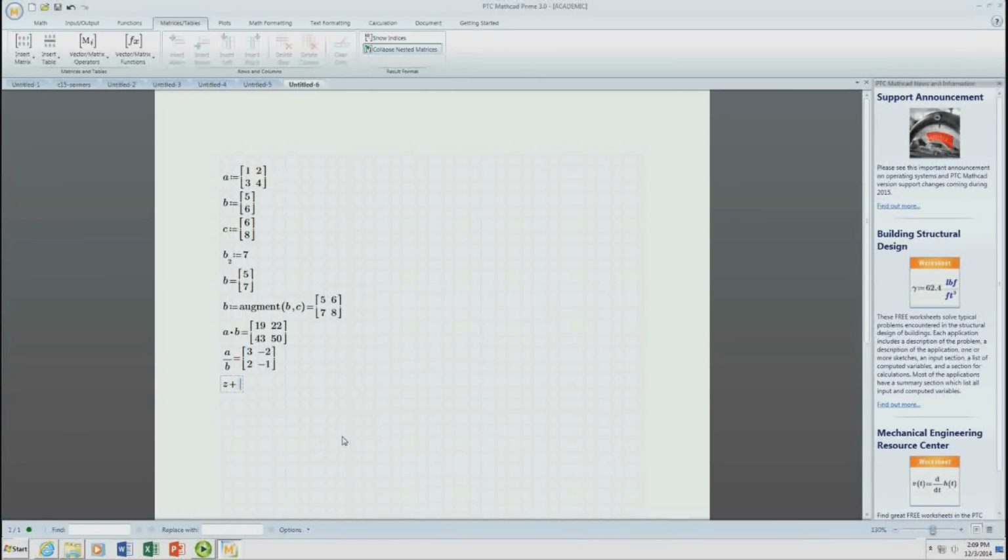Multiply, divide, add: A plus B equals, A minus B equals. Okay, so that's basically entering values in a matrix,